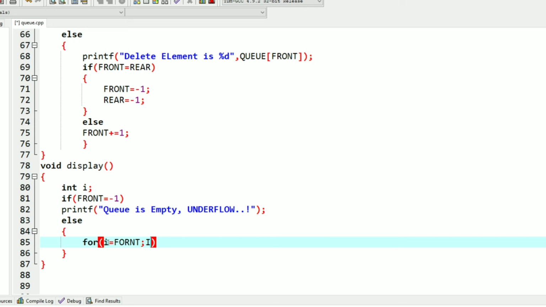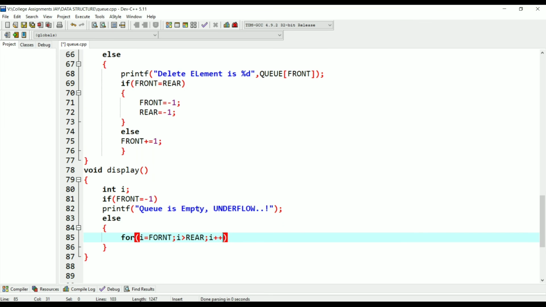So we will first set I equal to front, that is, the first position, and we will travel in the queue till I becomes greater than rear, that is, from front to rear we are traveling with the help of I, using post increment, I plus plus. Now if the condition is satisfied, that is, I is less than or equal to rear, then what we will do is